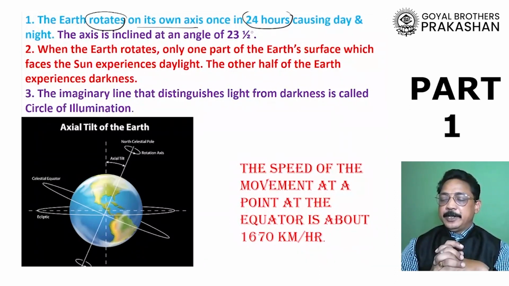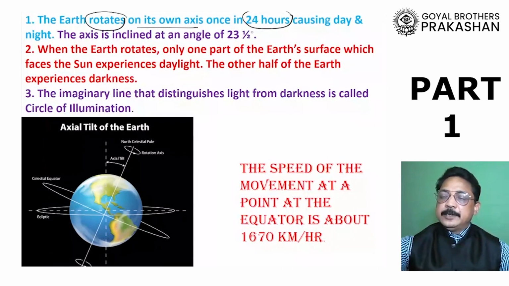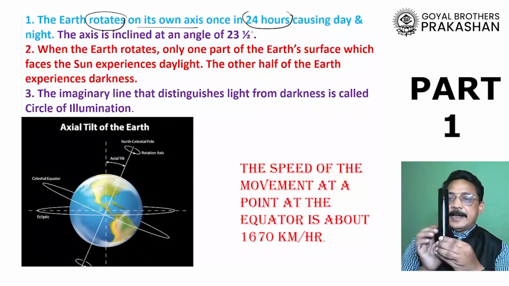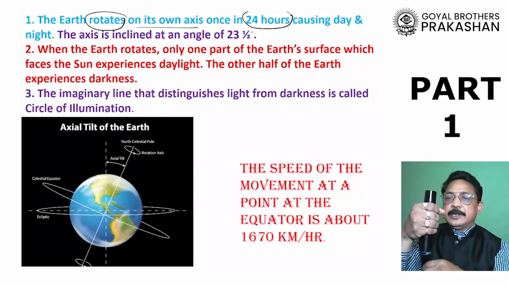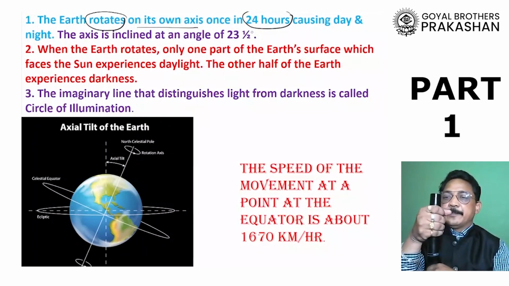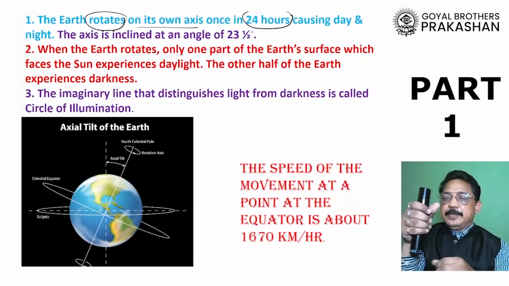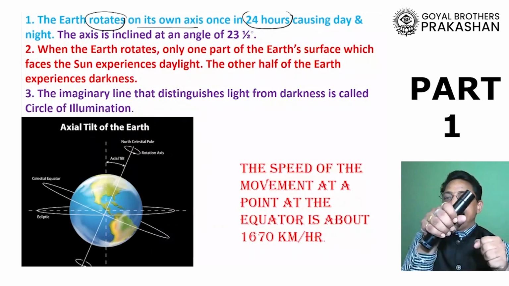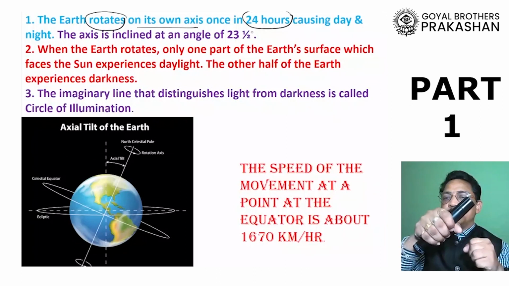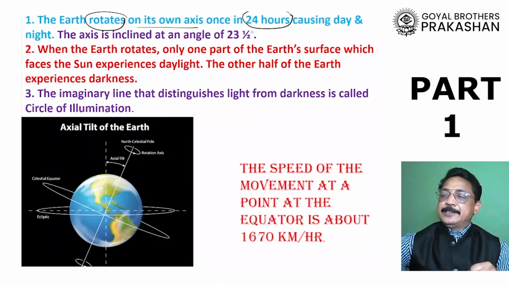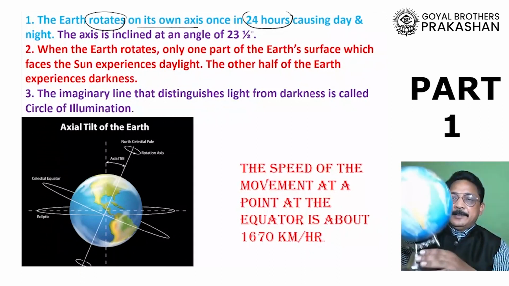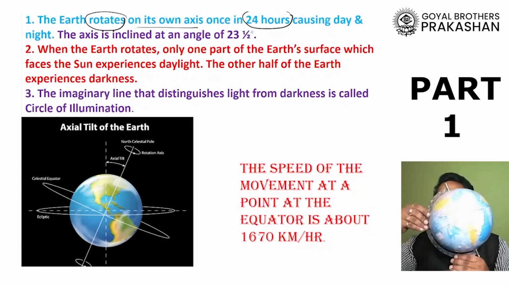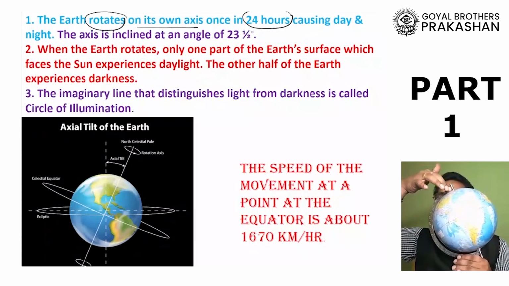Second very important thing: when the earth rotates around itself, what you have to understand is, suppose this is the axis of the earth. The earth doesn't rotate simply like this. This axis of the earth is tilted this way, and now the earth is moving around a tilted axis. Therefore, on a globe, you will find that it is shown this way with a tilted axis.